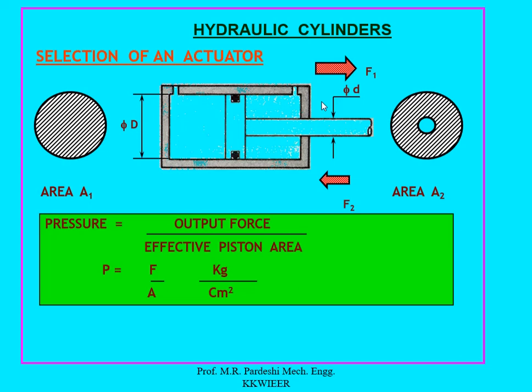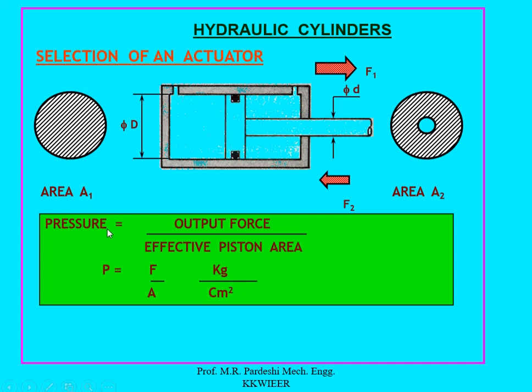As we said, we will start with the end. In the hydraulic cylinder, A1 is the blank end side area, with capital D as the diameter, and small d is the rod diameter. The force F1 is going to be induced. The area A1 is only the piston area, and area A2 is the piston area minus the rod area. The shaded portion gives the effective area of this system, and on this side A1, the shaded portion will be the effective area.